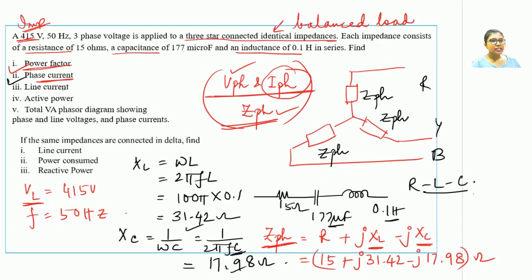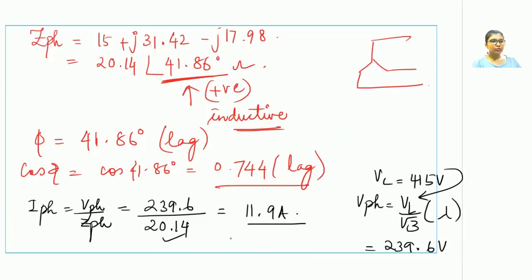What does the third bit say? Line current. Now this is a star connection. For a star connection, line current is always equal to the phase current. The value of phase current has already been known to us. So the line current has the same value as that of the phase current. So let us write down the value of IL. One has to write that IL is equal to I phase. In bracket, one must mention it's a star connection. So the value of IL is also equal to 11.9 amps. With this, the third bit is also solved.